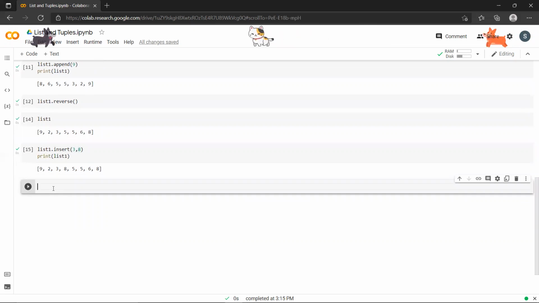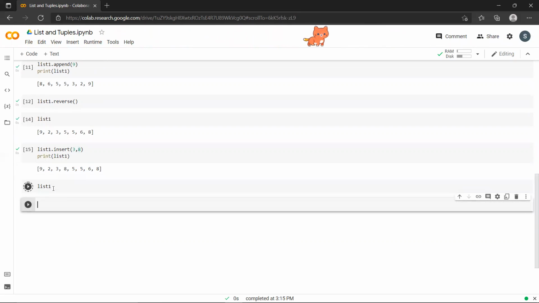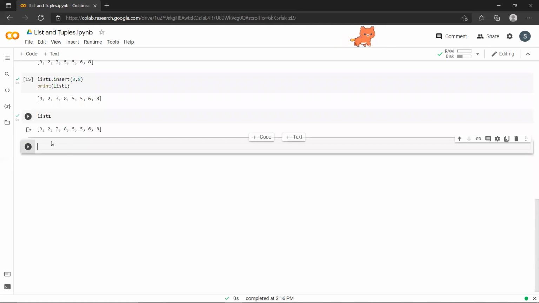Then we have a method called pop. Okay, so let's see how we can use the pop method. So what the pop method will do is it will delete the element at a given index and return its value. Let's see how it works. So we have the list one. First print this list one, so it will be easier for us. So we have a list 9 2 3 8 5 5 6 8. Then we are using the pop method, list one dot pop,